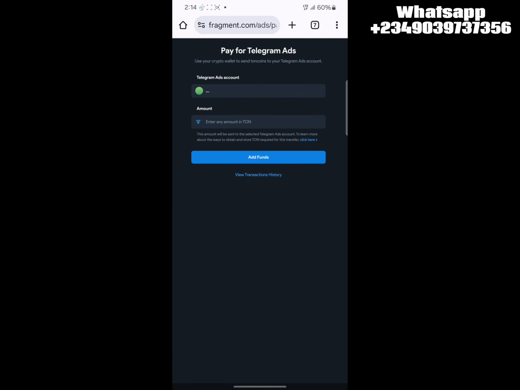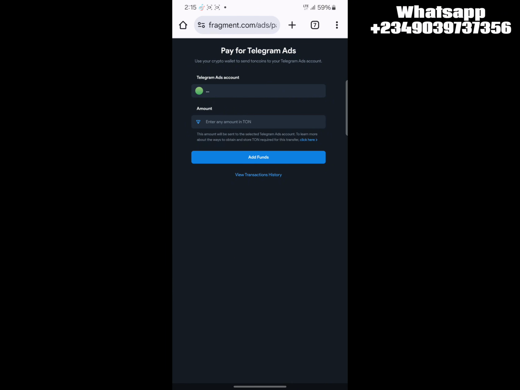So when you get to this place, you will see a code which you can scan to get the Ton address of your Telegram ads. Do you understand? Or you can connect the Ton wallet which you have on Telegram to this place. Okay, so now sometimes, before you set up your payment method, Telegram will